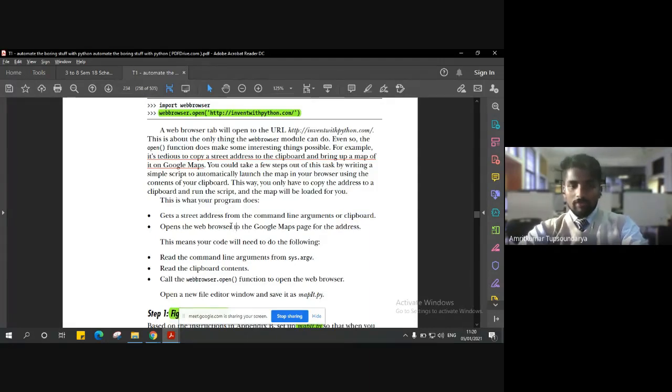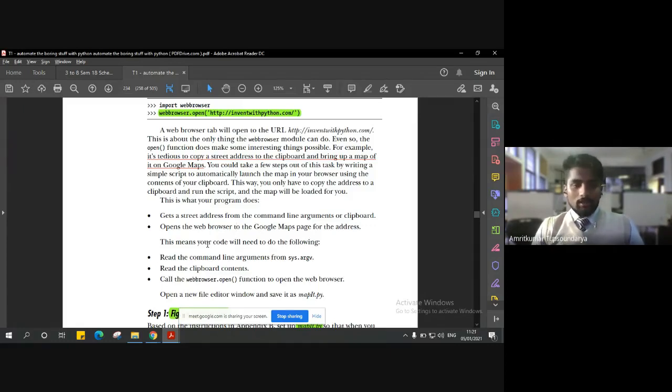Now, once we have the address available, we need to open the web browser to the Google Maps page address. Along with that, since we are making use of command line arguments, we need to use the inbuilt module, that is sys.argv, which will take care of the command line arguments.